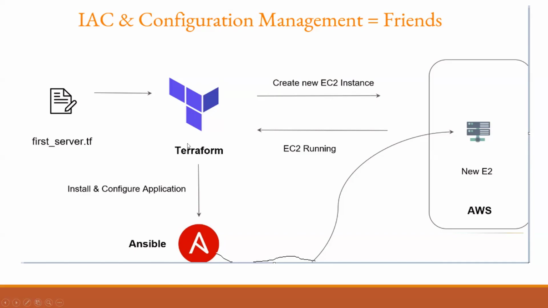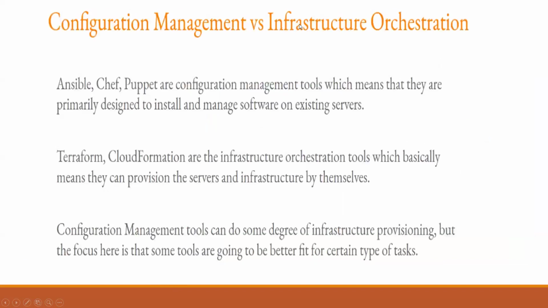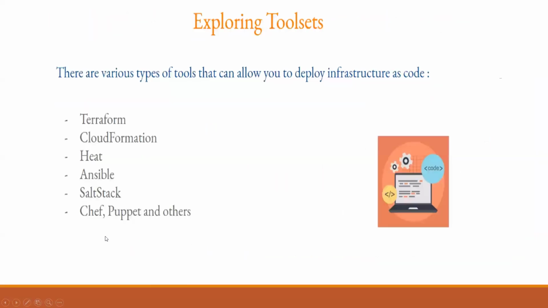So Terraform is only fit for infrastructure orchestration, and Ansible is only fit for configuration management. Configuration management tools can do some degree of infrastructure provisioning, but the focus here is that some tools are going to be a better fit for certain types of tasks. Terraform is fit for building the infra as an orchestration tool, and a configuration management tool is fit for